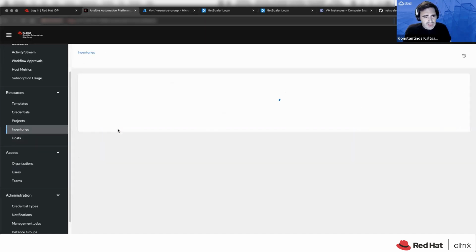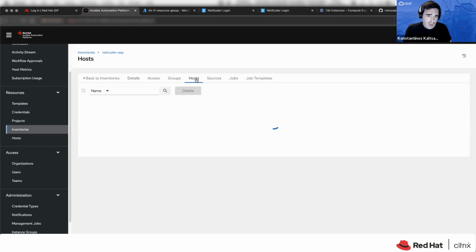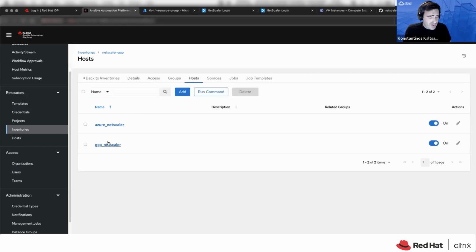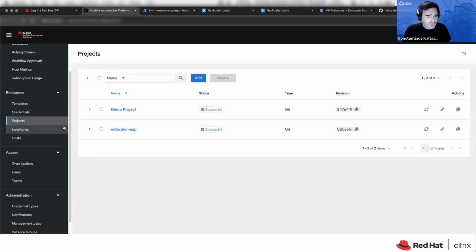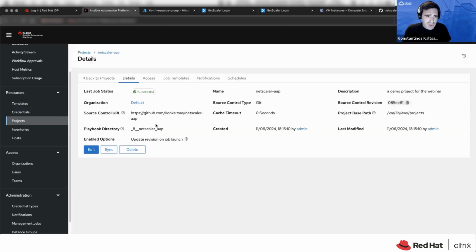I have created an inventory. This inventory consists of the 2 different hosts because I want to execute the same playbook against these 2 hosts. And if I go to my projects, I have created a NetScaler AAP project, which basically is the glue so that I can use the code from my GitHub repository and provide access, let's say, to this code to my job.